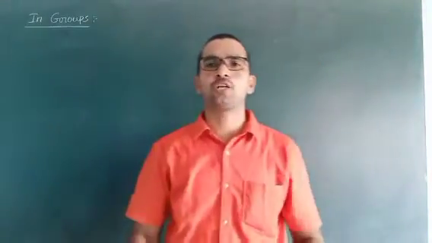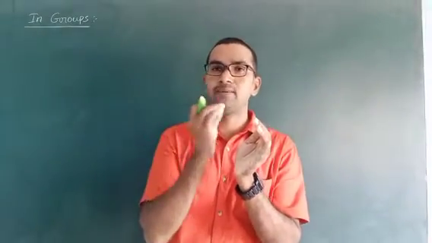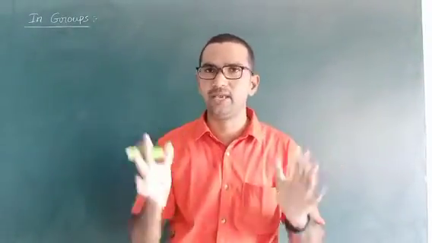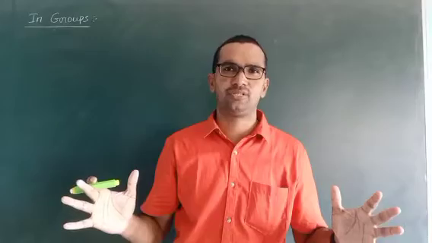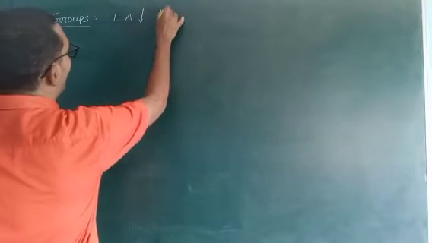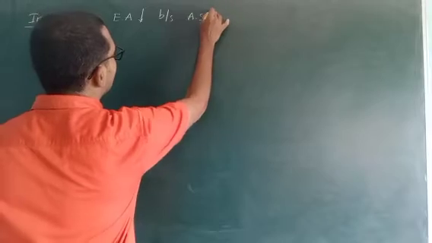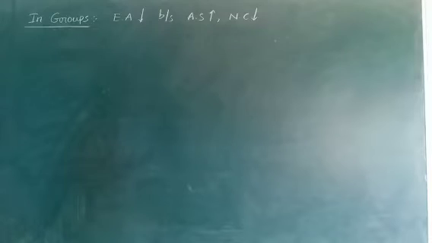Next, in groups. Generally, in groups from top to bottom, size increases. I already told you, small size elements take the electrons and release more amount of energy. Bigger size elements are not interested to take the electron. They will not release the energy. So very simple. From top to bottom, electron affinity decreases. The reason is because atomic size increases, nuclear charge effect decreases. Here also exceptional conditions are there.